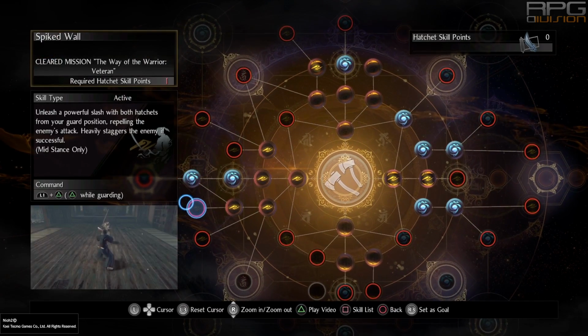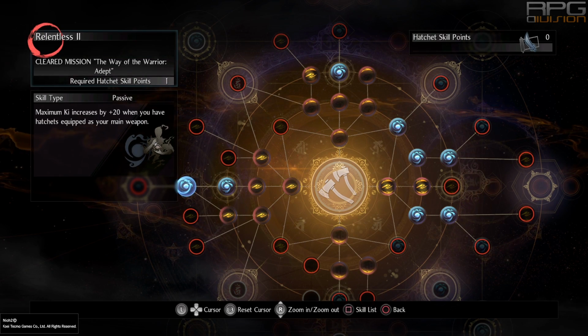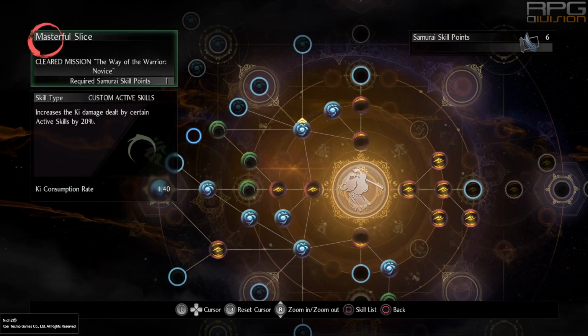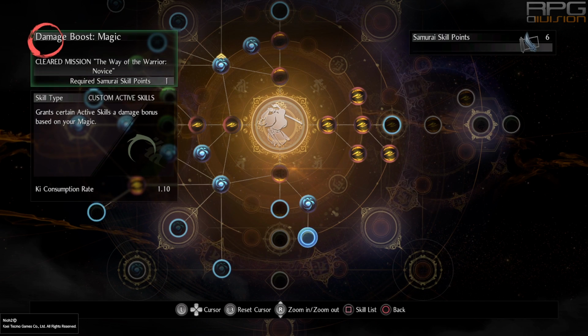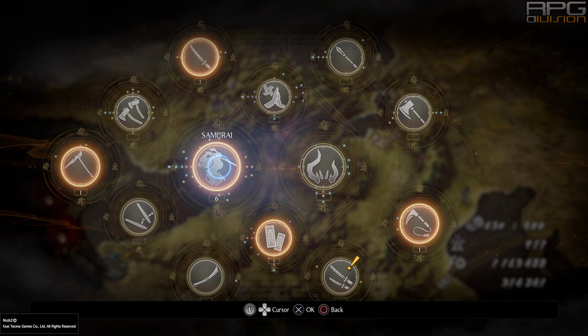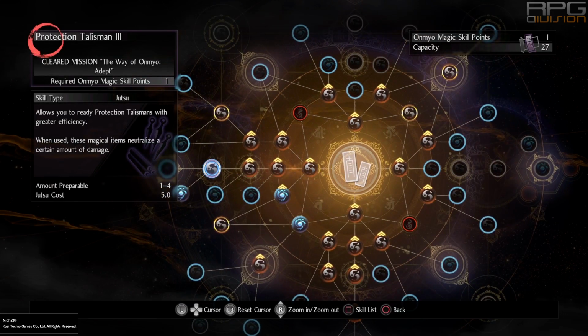Relentless nodes that increase maximum ki are also very good. From Samurai we need two nodes, one is damage boost skill, another one is damage boost magic. The rest is up to you, but definitely go for running water upgrades as well that enable ki pulse from dodging at proper time. Omnium magic tree, typical stuff, protection talisman,